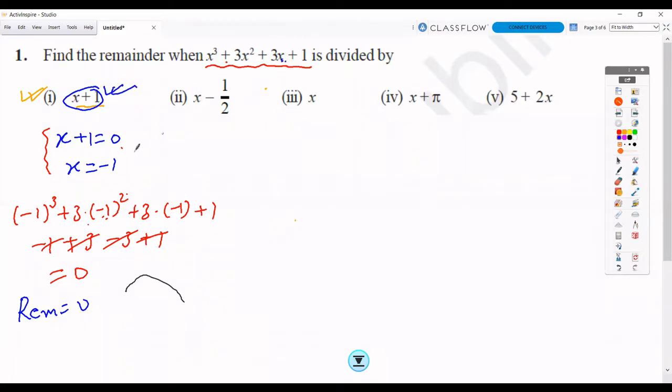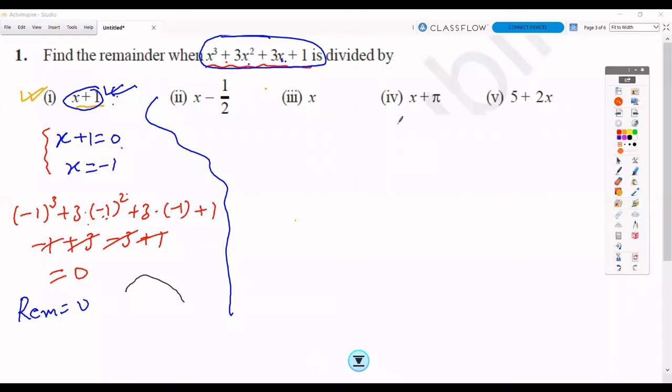But one thing we must take care of: when the remainder is equal to 0, this is a divisor of this, or this is a factor of this, this is a multiple of this. Whenever we get remainder equal to 0, we have a different situation. Maybe the first polynomial is a multiple of the second polynomial, or the second polynomial is a factor of the first polynomial. Sometimes they ask the same question. Now you are supposed to solve these questions and send me the answer in the chat box.